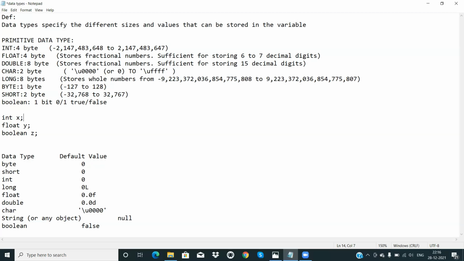If I have not assigned anything, then Java will do that for me. If float y, then the value will be saved as 0.0. If I am saving a double, then the value will be saved as 0.0d. Likewise, for every data type there is some default value, as you can see here.